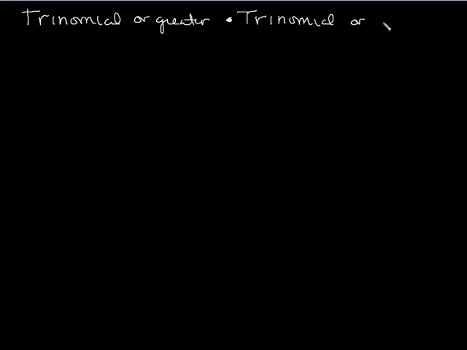Okay, here's where I really start to have a preference, and that's if I do a trinomial or greater times another trinomial or greater. In these instances, I think a table is better because using the modified FOIL, if I do a trinomial times a trinomial,